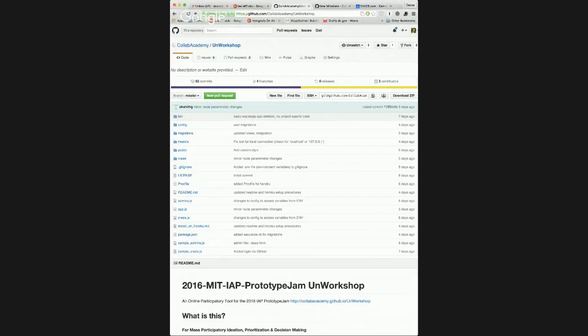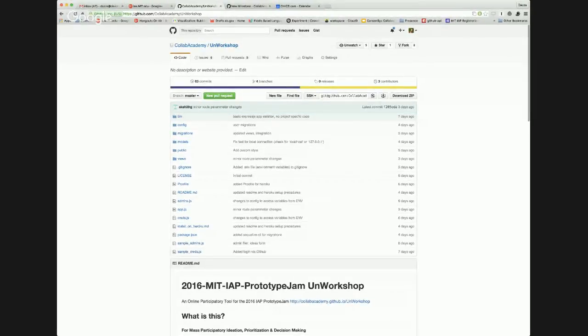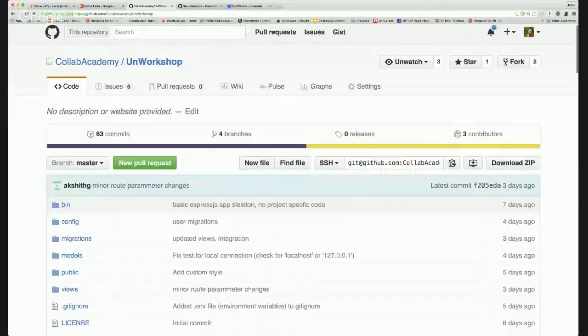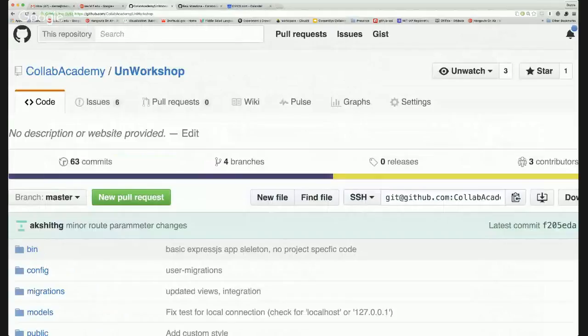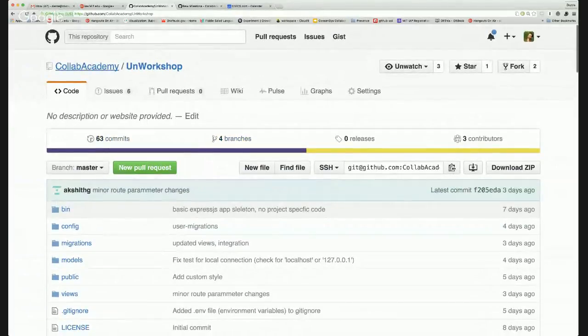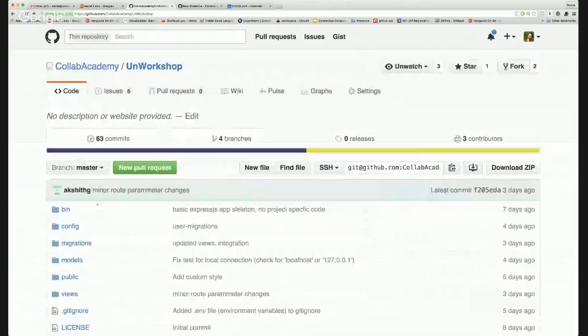the GitHub repository for Collab Academy. Look, I can actually make this much bigger. That's better. I had no idea you could do that. Okay, great. I'll do it like that from now. So here is the Collab Academy GitHub organization where we're hosting this stuff, and the repository we're looking for is